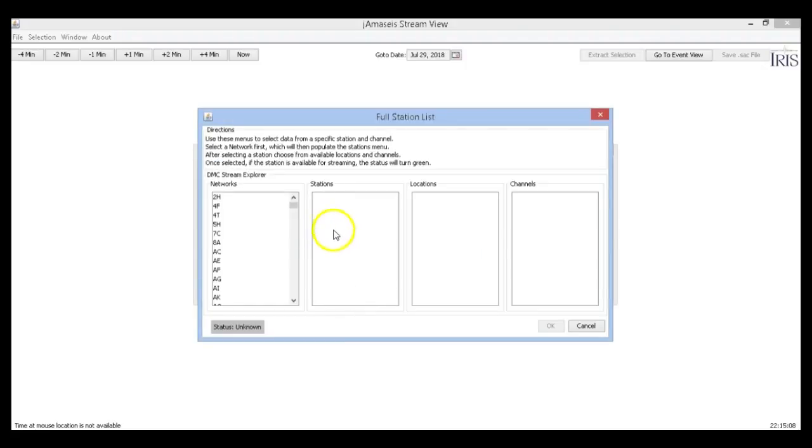Next, it seems it will give you a list of millions of networks. In a second, I will show you the networks I use the most in my research. But for now, since the example is an event at Yellowstone, we go all the way down to the WY network. Let's say a large, shallow 5.0 earthquake just struck the location of the most recent magma intrusion at Yellowstone